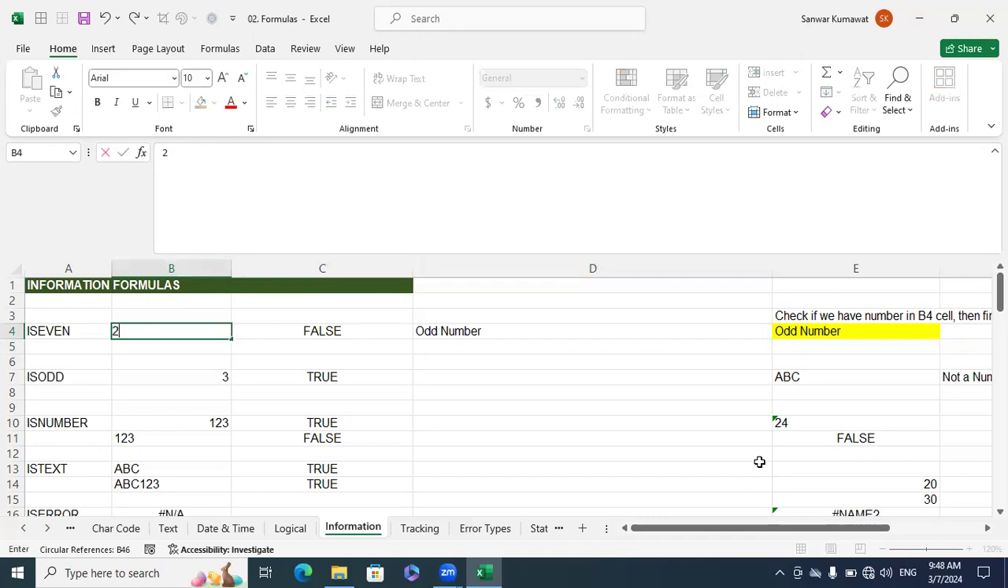Same thing here. If I write here, it's text. Is it text? Yes, text. If it is a